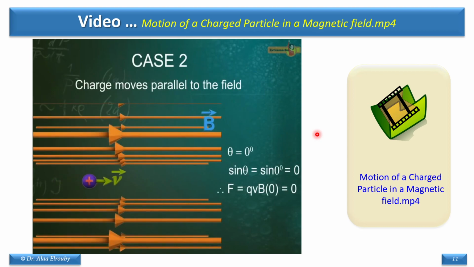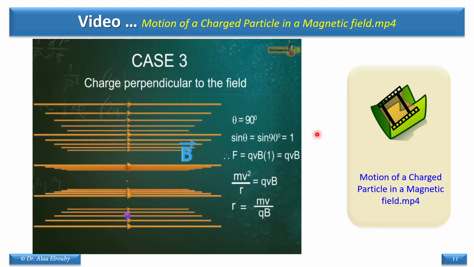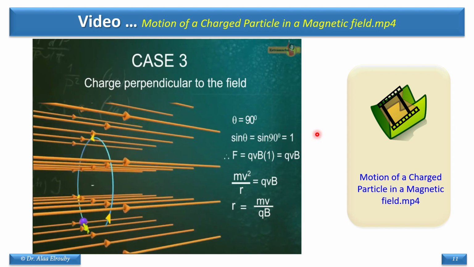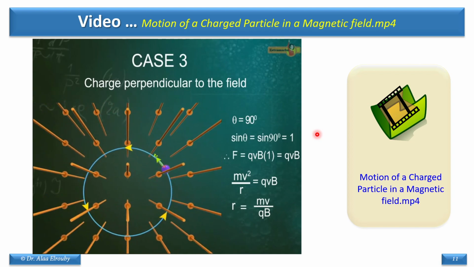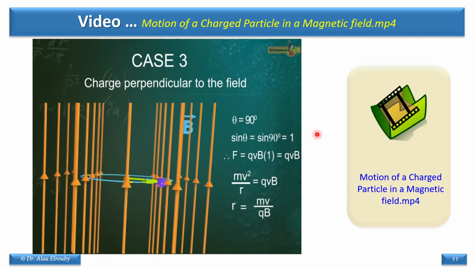Case 2. The positive charge moves parallel or antiparallel to the magnetic field. It continues to move along the same line with the same velocity in the same direction, since the force experienced is again zero. Case 3. The charged particle moves perpendicular to the direction of the magnetic field. It experiences a force in a direction perpendicular to the plane containing V and B. This force provides the centripetal force and makes the charged particle move along a circular path of radius r equal